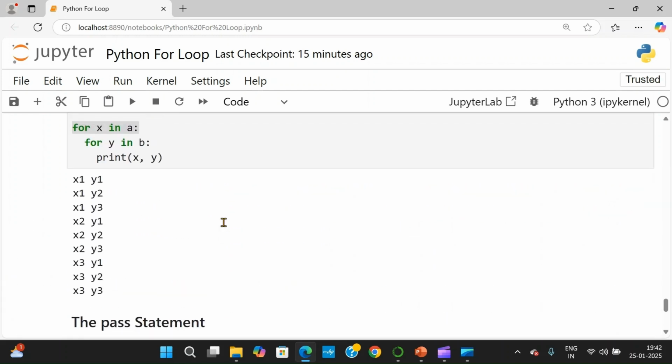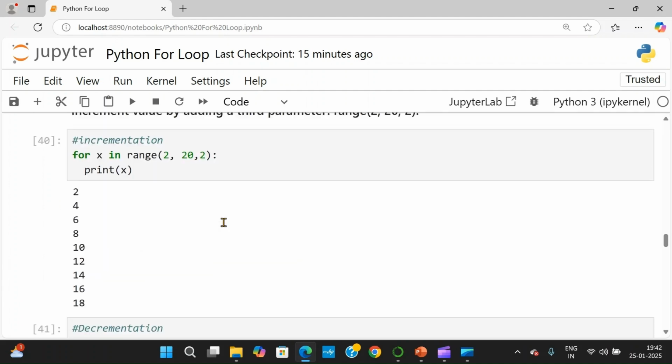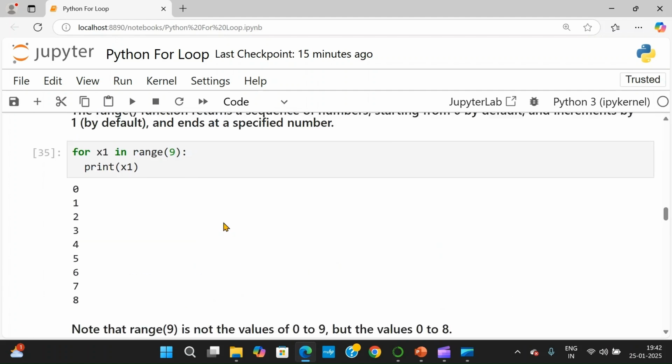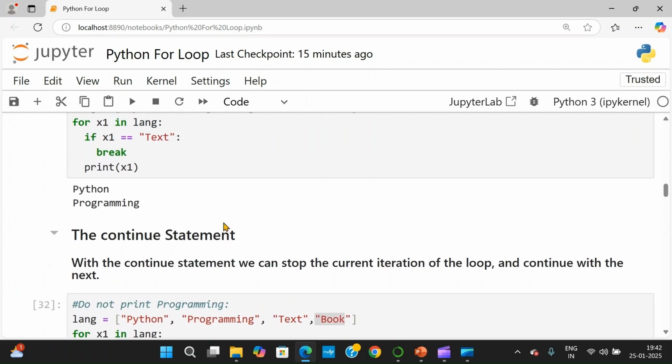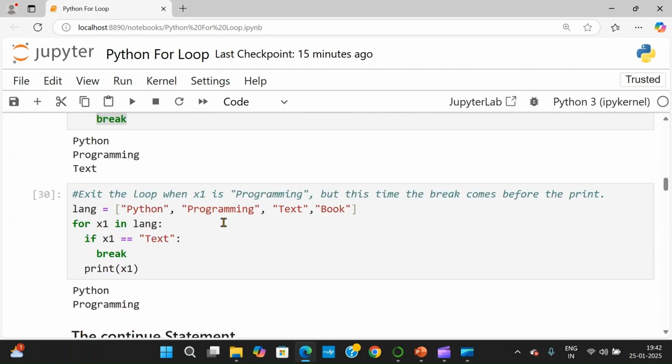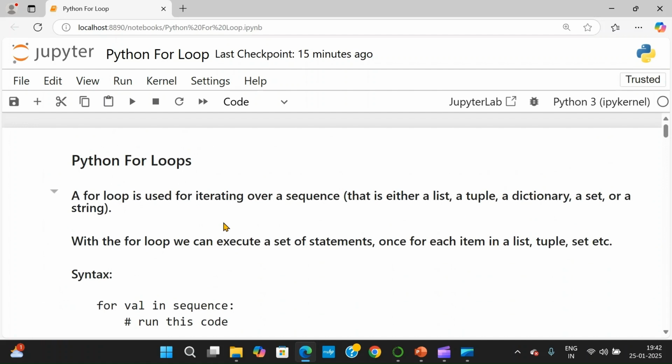So these are the concepts of for loop. We have covered for loop basics, then the range function, the break statement inside the for loop, the continue statement in the for loop, nested loops, and the pass statement. I hope I have given some input on the for loop in Python